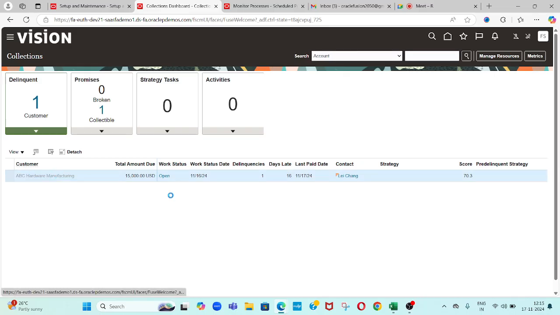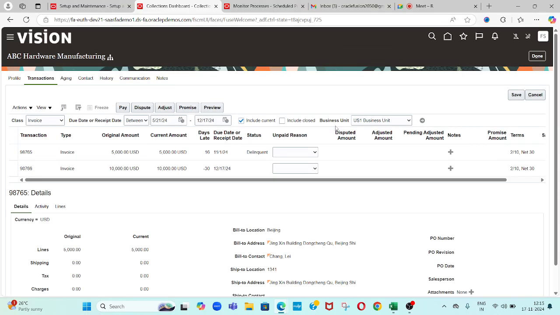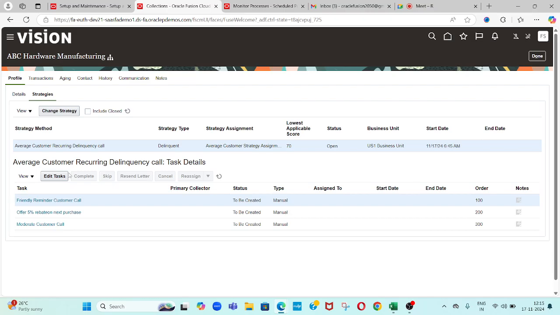Click on that. Now these details will be shown under the transaction tab. If you want to see which strategy got assigned for this customer, click on the profile tab. Under that profile, you should see there are two tabs. One is details